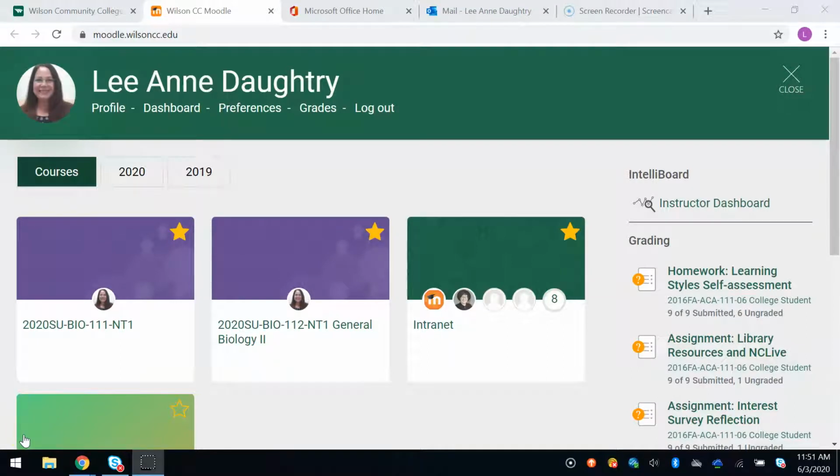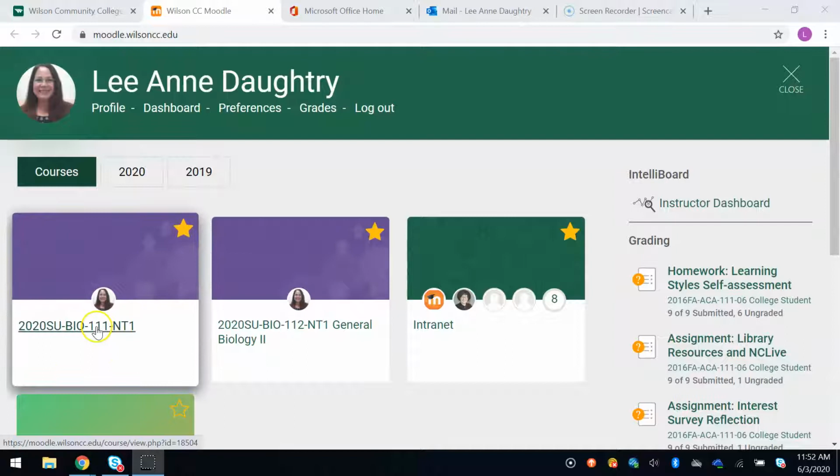What I'm doing now is I am going to show you, give you some advice on how to study for your exams. I'll specifically focus on exam one. So when we go to our Moodle page,